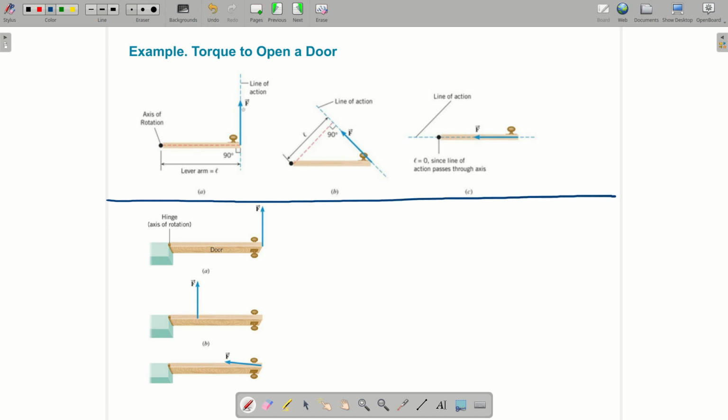So question 1, compare the torques in here. I'm going to call them torque 1, torque 2, torque 3. I see here torque 3 is already 0. We're trying to open a door, pushing the door along the door towards the hinge point or the pivot point will not cause any rotation, so no torque. Applying the same force at an angle will always be smaller, so this guy is